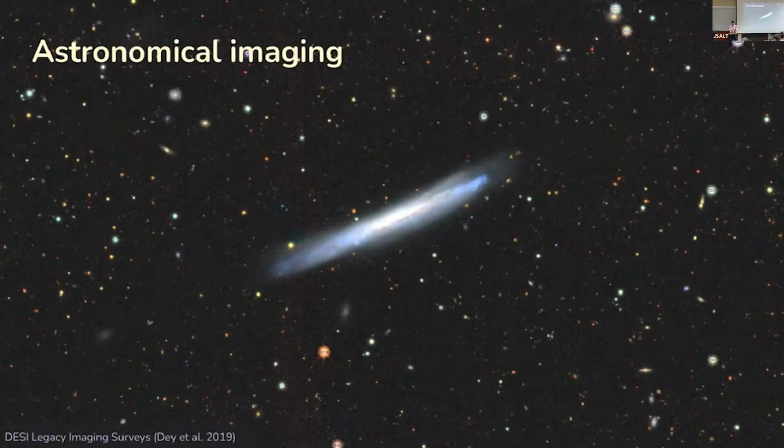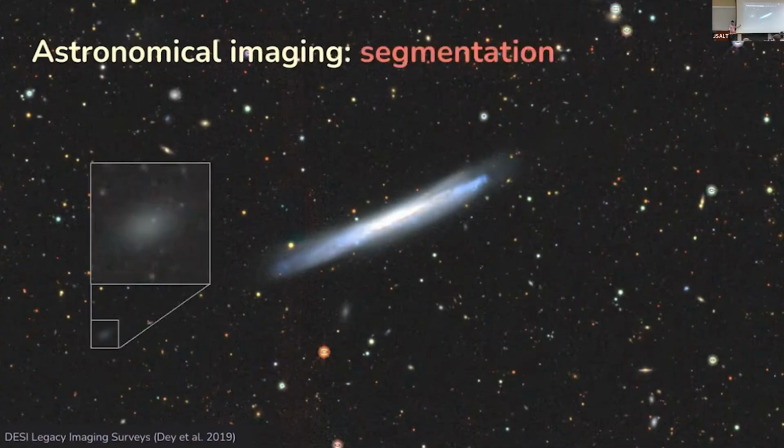So imagine you want to study different types of data in astronomical imaging. Well, one of the big problems you need to tackle is astronomical segmentation of these images. By segmentation, I just mean finding all the things that are out there. This is sometimes easy, sometimes really, really hard. In this case, it's not too bad, as you can see. This is pretty faint, but you can see by eye that it's there, which means that you can probably do this algorithmically. Obviously, there are a bunch of other things going on. There are stars in this image. There are other galaxies in this image.